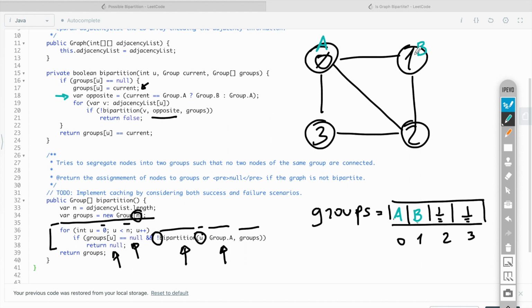But this time, since node 1 is assigned to group B, the opposite variable would be assigned to group A, and when node 1 recursively calls the bpartition function passing 0, notice that this if statement will be false because 0 is already assigned to group A, and we are not allowing reassignment.